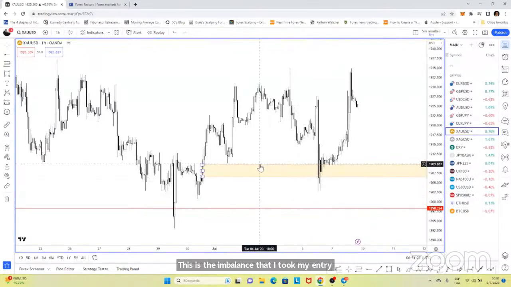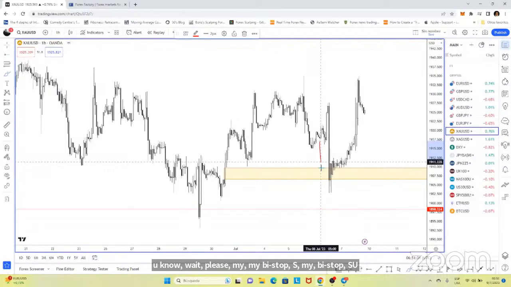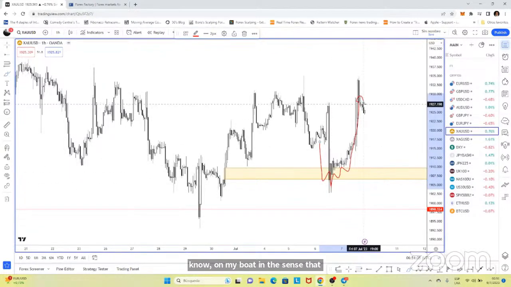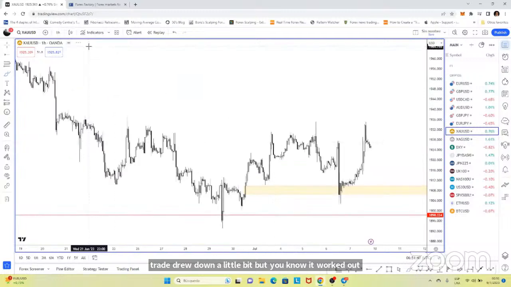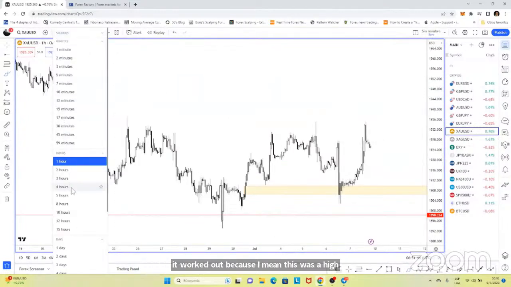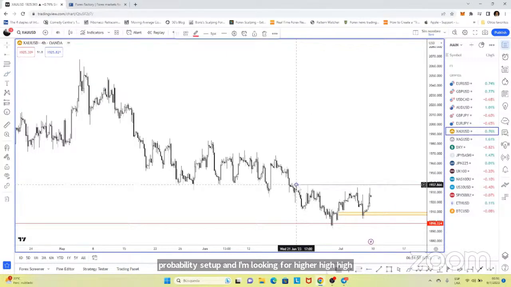So, I placed my buy stops at the 1909.80, I think. I took a little bit of water on my boat in the sense that my trade drew down a little bit, but it worked out. It worked out because this was a high probability setup and I'm looking for higher highs, right? I'm definitely looking for the real break of the structure